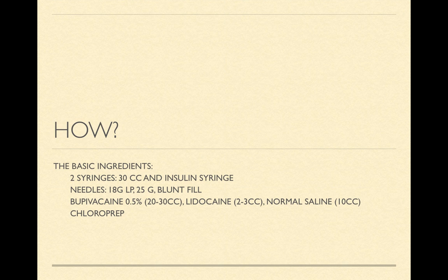So how are we doing this? Basic ingredients: 2 syringes, a large 30cc syringe, which will be full, and an insulin syringe, which is for your small skin wheel. Usually I'll just grab the lidocaine that's up on the shelf in the clean utility room, fill an insulin syringe, go in with my probe, mark out the anatomy and where I'm going to be entering the skin with the LP needle. Do this, fill up my 30cc syringe with typically 20 cc's of bupivacaine and 10 cc's of saline. This will give a nice 30 cc volume aliquot, that you can instill into the fascia iliaca compartment, which